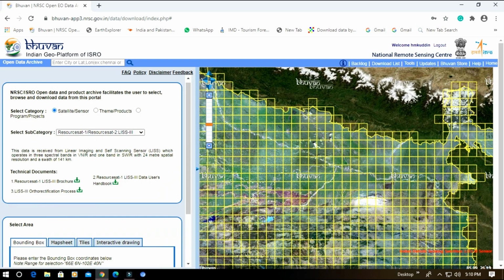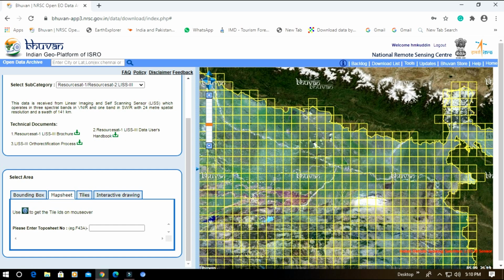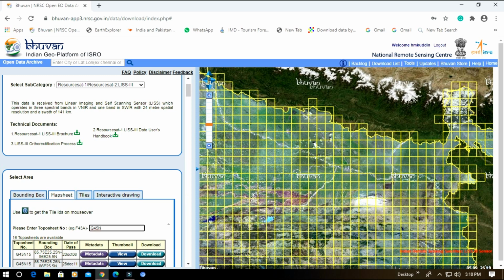But if we do not know the bounding box latitude and longitude, then we can click on topomap sheet number. Here suppose the topo sheet number is G45N02.